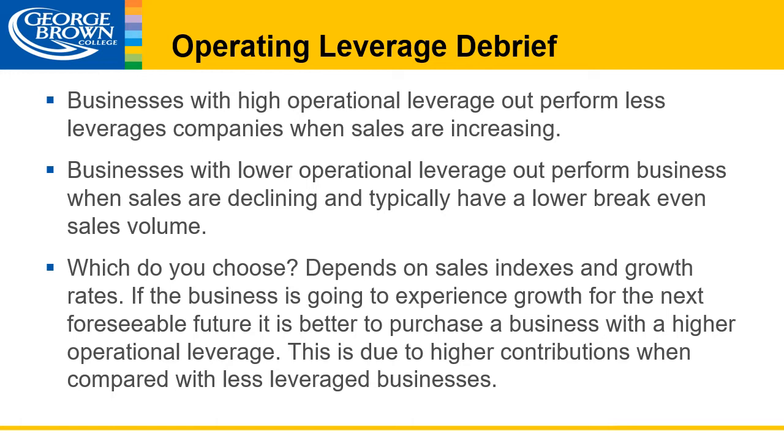So a lot of this is kind of chosen for you. However, there are some things that you can do. For example, using a fixed lease or a fixed rent, which we're going to talk about in the next slide, but also having higher salaries, using more salaries than wages, right? Because that'll turn some of your variable labor into a fixed labor component, because salaries do not increase or decrease